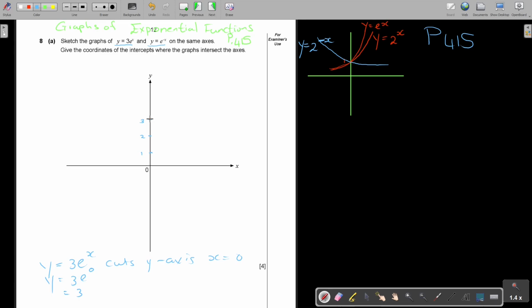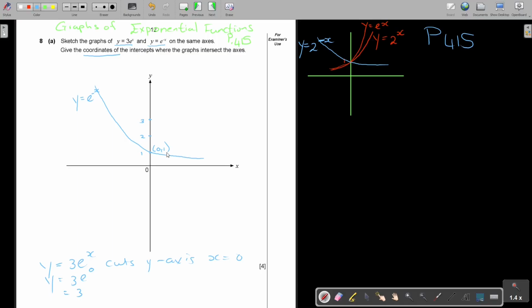Okay, if we start with this one, now instead of the positive, it's going to be the negative. So this one is going to be like this. This is y is equal to e to the power negative x. Now, they said coordinates. If I look at the exam report, they just put the 1. They didn't put coordinates, but I think you should. If they said coordinates, they didn't say y-intercept, then rather put 0, 1. That will be 100% correct.